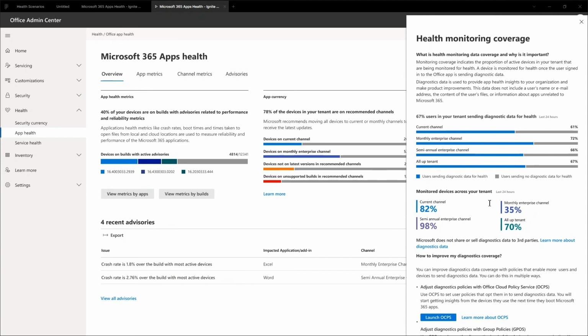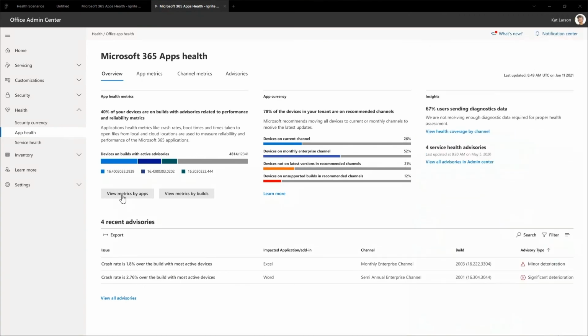Apps Health uses diagnostics data to provide all of its insights, so you want to ensure that coverage across the update channels you are deploying is optimal. Otherwise, the trends and insights on Apps Health might not be representative of your organization. Going beyond advisories and high-level summaries, Apps Health also allows you to easily see how your app's health is evolving over time. Clicking on View Metrics by Apps will let you see the list of applications that are deployed in